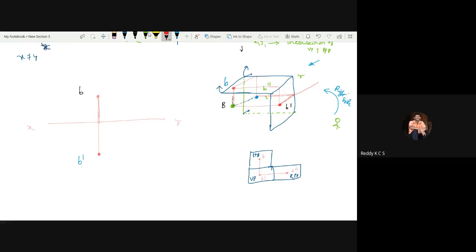In order to get the x1 y1 line here, I have to make this distance. This distance is nothing but the distance from the right profile plane, which you have to take to locate the x1 y1 line. So how to draw the x1 y1 line? Whatever distance he has mentioned from the right profile plane has to be taken as x1 y1 from either B or B dash.